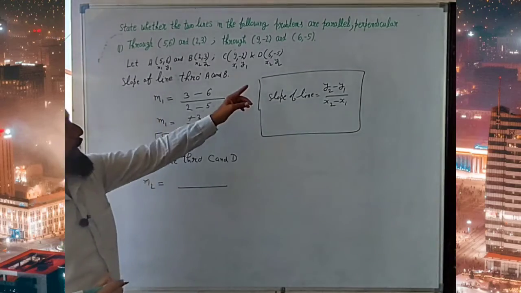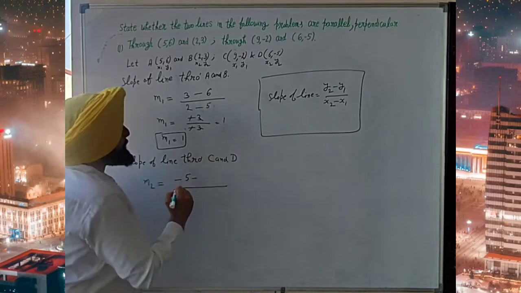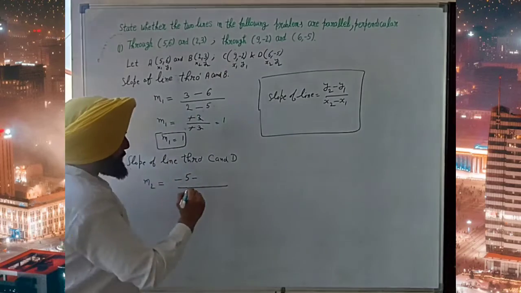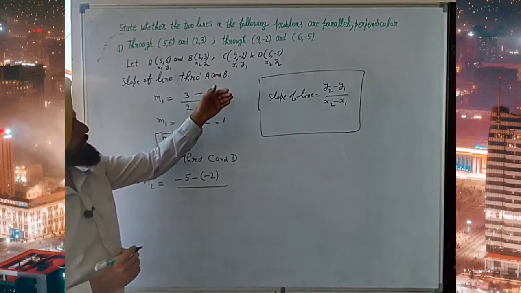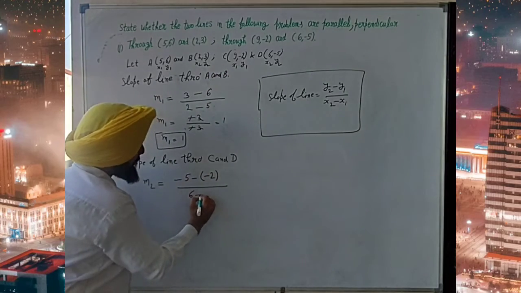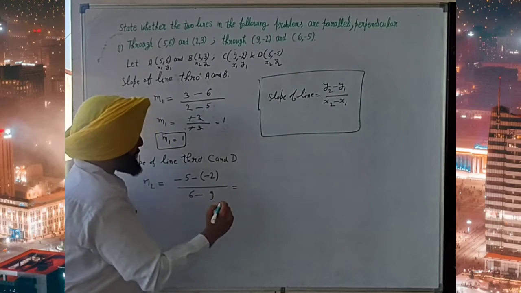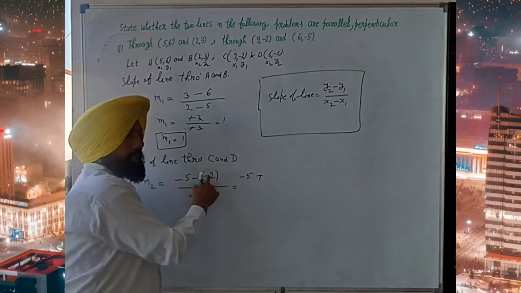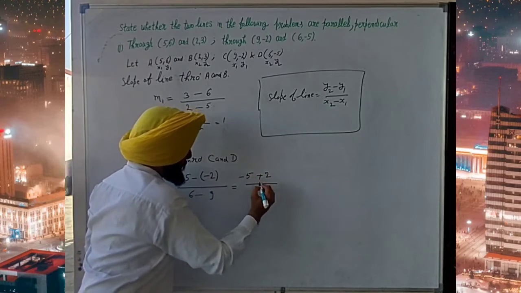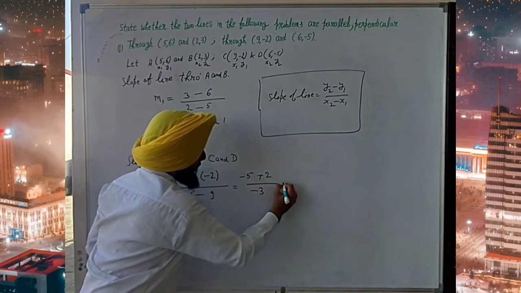So y2 -5 minus y1 -2 over x2 6 and x1 9, and it becomes -5 minus minus plus 2 over 6 minus 9, that is -3, and it becomes